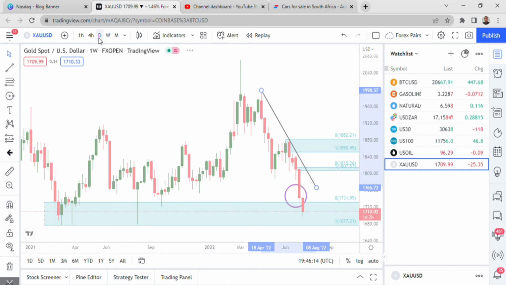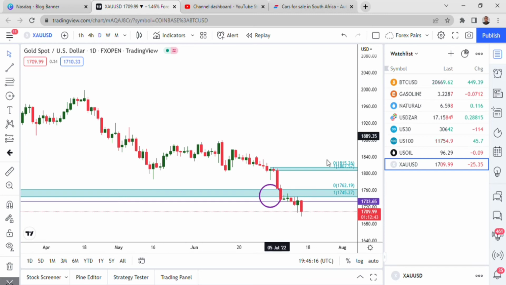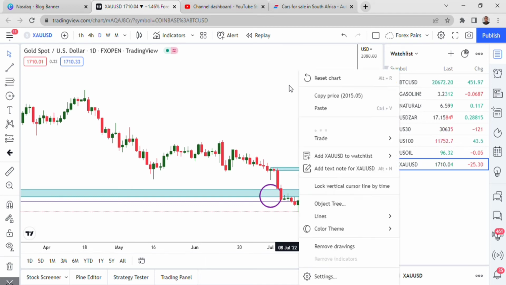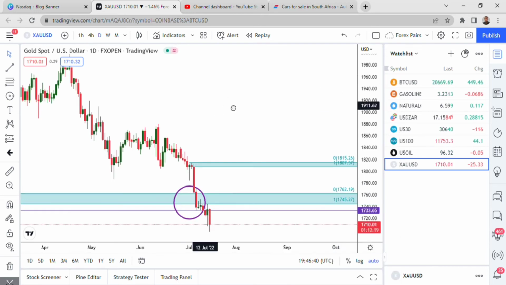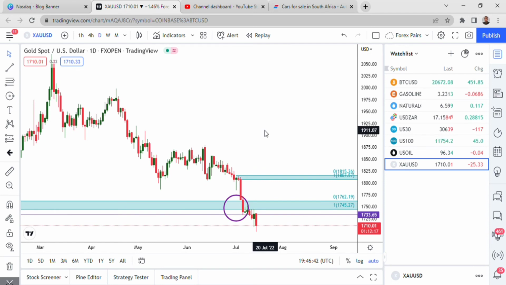So let's check daily. This is our daily chart. I need you to keep in mind the structure that you saw on monthly. Because remember, everything must connect from monthly all the way down to even the smaller time frames, because if you don't connect them, then it won't be easy for you to take trades.